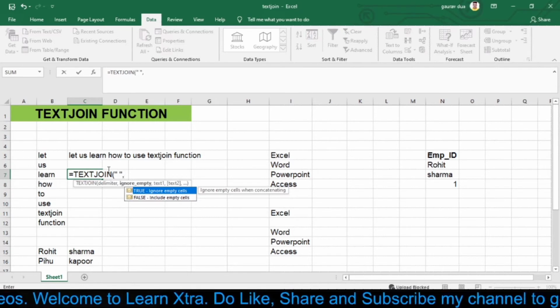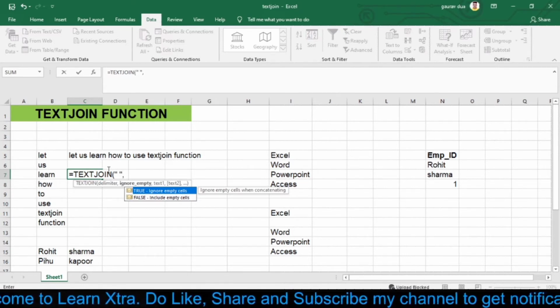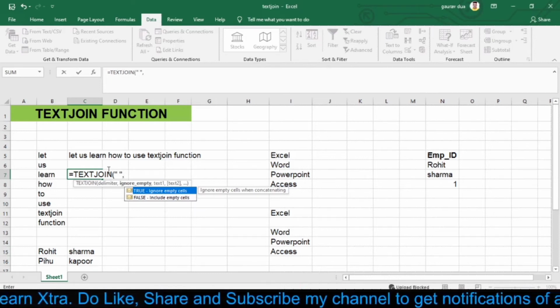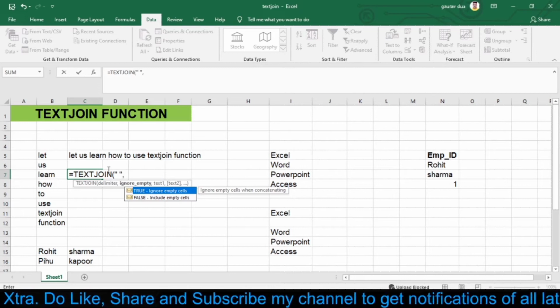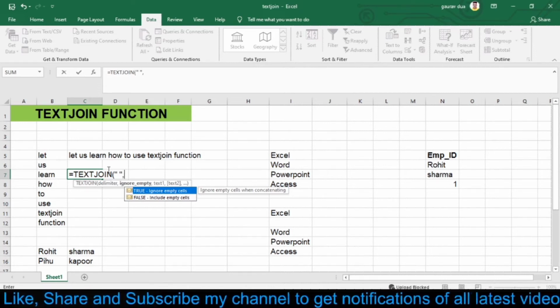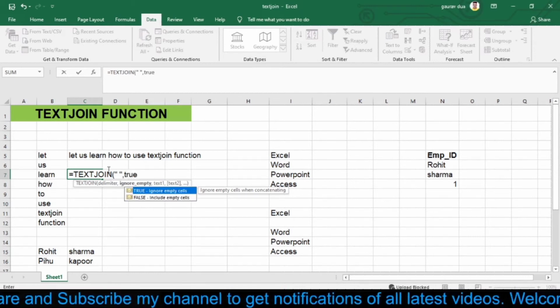After this, true or false. I am selecting true because I want to ignore empty cells. Even though I don't have any empty cell from B5 to B12, in future if I had any empty cell, then I want to ignore those empty cells. That is why I'm selecting true here.